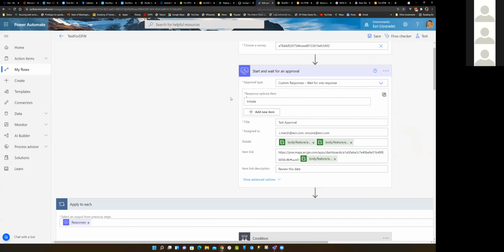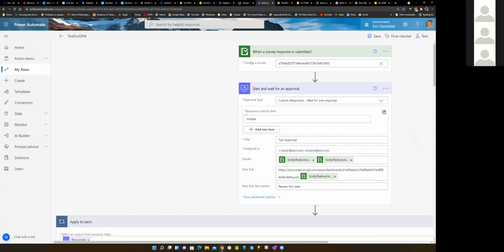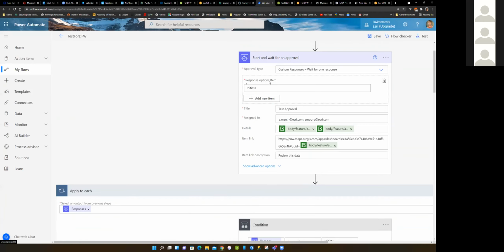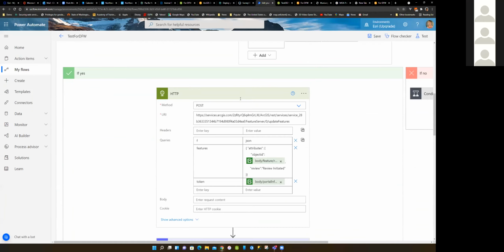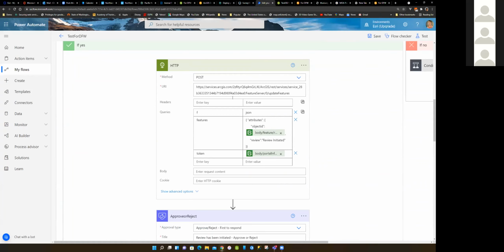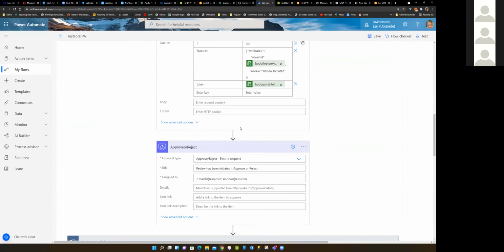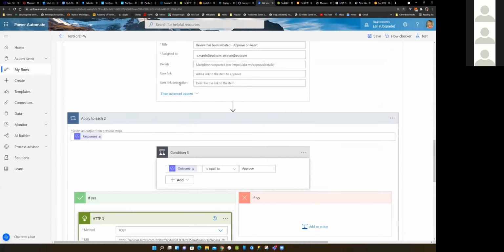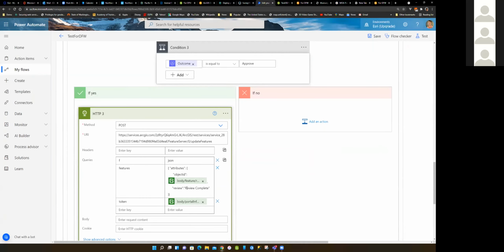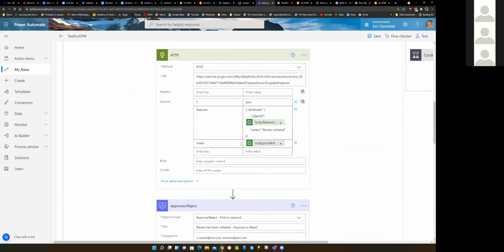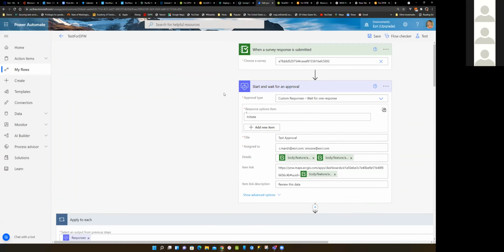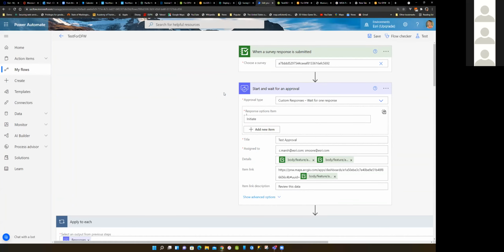And so in this case, I'm showing Power Automate, and there's these different tools that you can add to it. We've got one specifically for Survey 123, and then there's these approval ones. We're using some HTTP ones to handle editing the data, and then setting up other approvals, and then again editing it to say that it's been complete based on this. And so this is just an interesting way to use webhooks to update your data and make it seamless for